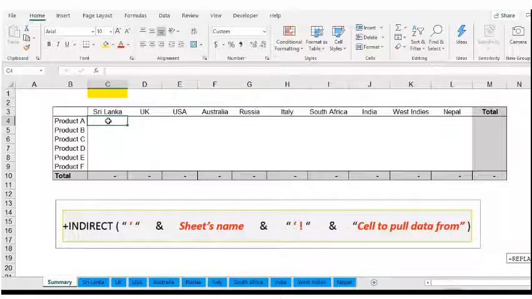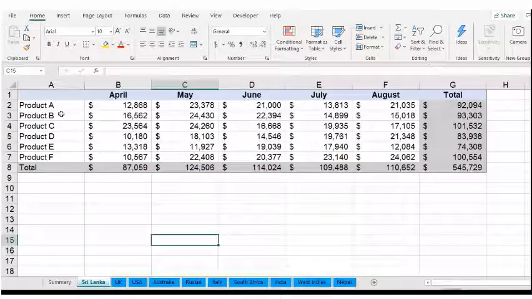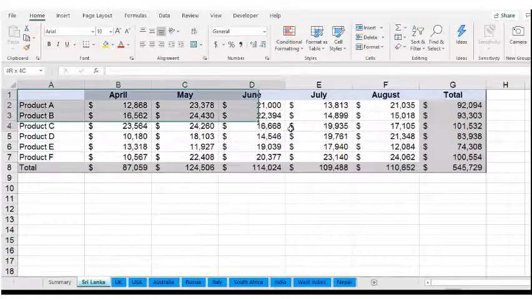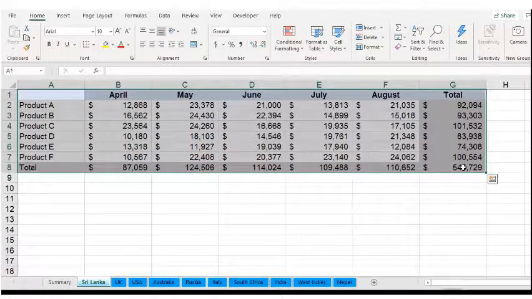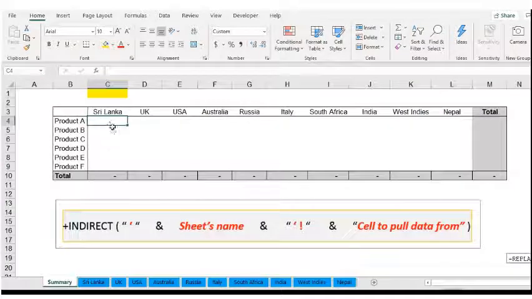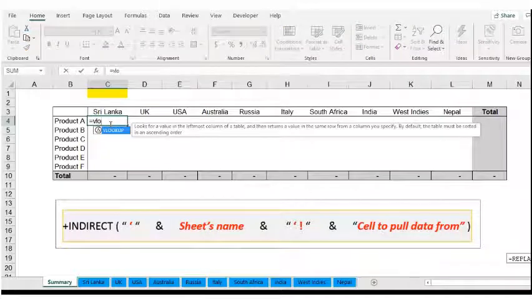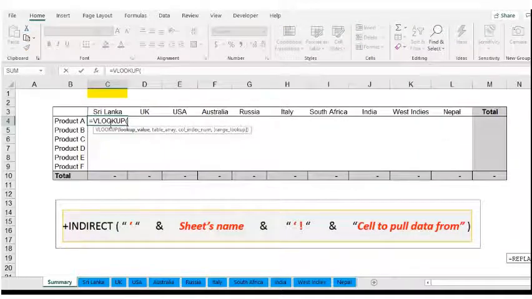Let's get started. We need to first note the cell range where we need to pull the data from, which is A1 to G8. Now we'll type in the formula as equals VLOOKUP, open brackets, cell B4 is the lookup value, and we'll give an absolute cell referencing to freeze the column reference by pressing F4 button on the keyboard thrice,